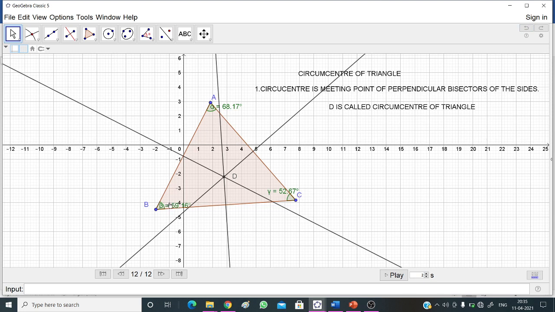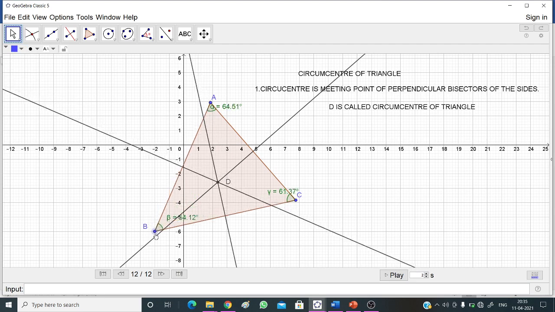Now we have to verify the properties, whether D lies inside or outside the triangle. Now what we have to do is push it and pull it.